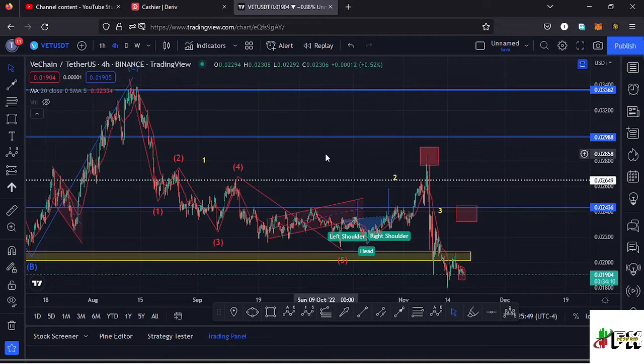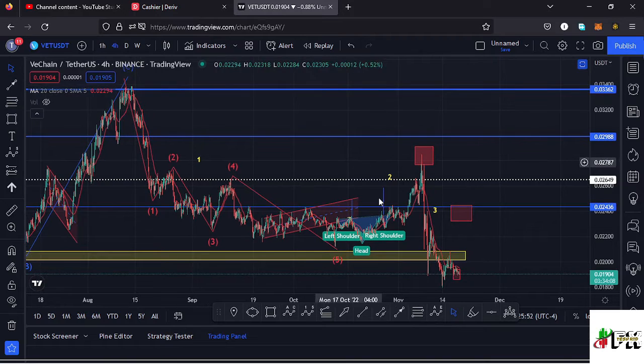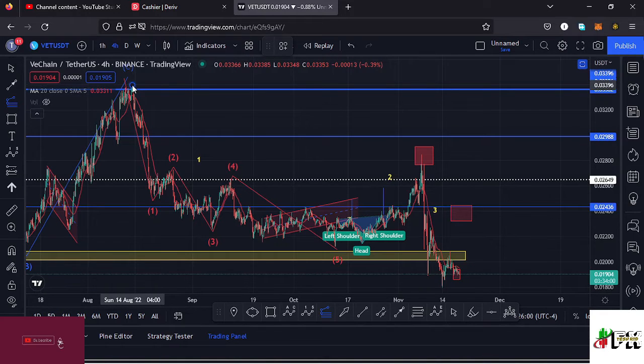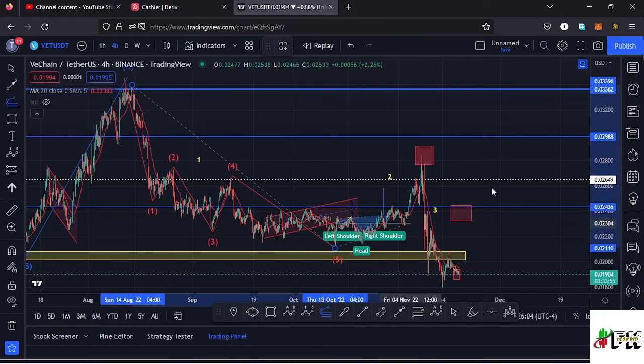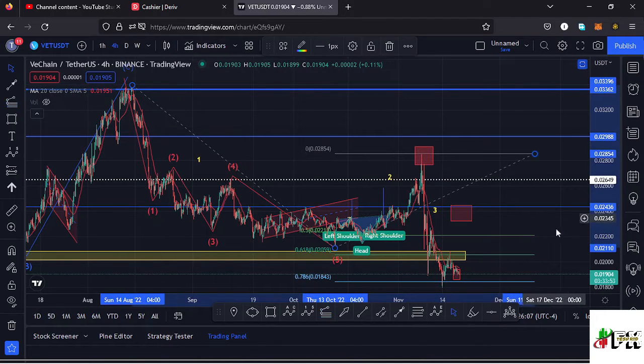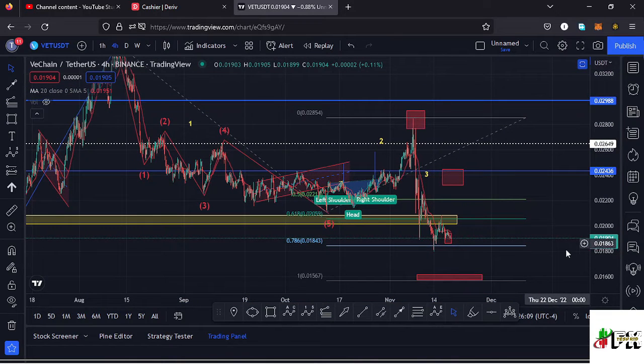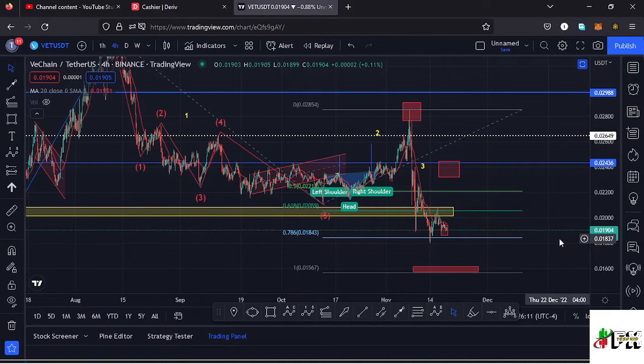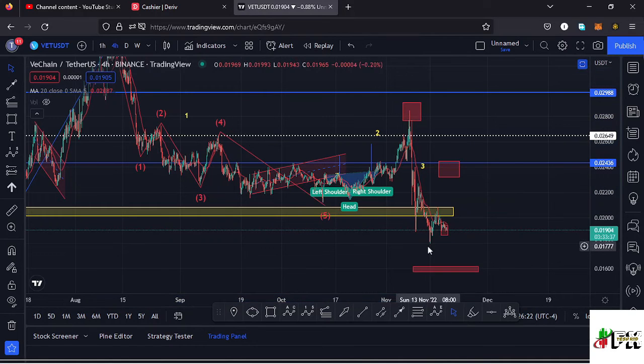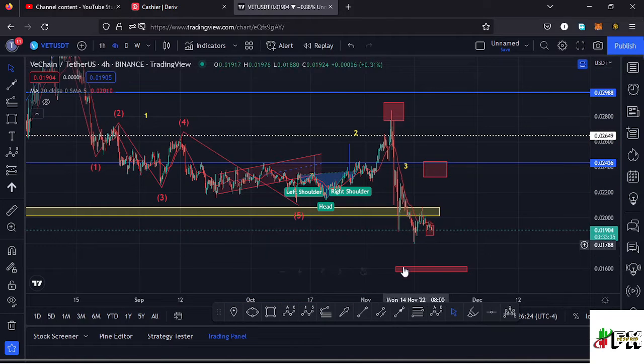Then using the trend based Fibonacci, I can sketch out a minimum target area to the lower side in the formation of that higher Elliot wave count 3, which is the next thing that we expect to play out over here, connecting the fibs from the high of that first wave to the low of the first wave, then dragging the fibs to the high of that wave 2, and that gave me a minimum target area to the lower side in the formation of a wave 3 using the 1:1 fib ratios at around the $0.015 mark. Though we did not fully maximize the formation of that higher Elliot wave count 3 by going back to around the $0.015 mark, we made our low at around the